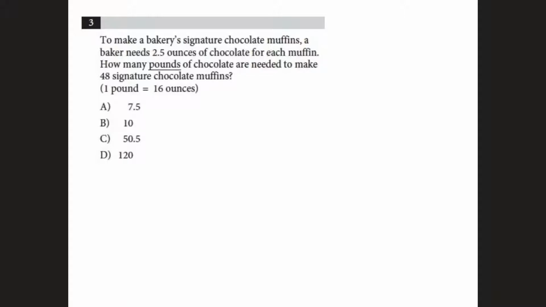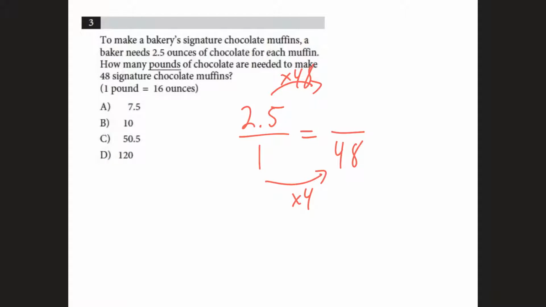So we know that we need 2.5 ounces for 1 muffin, and we want to make 48 muffins. Well, if we're going to make 48 muffins, then it's going to be 2.5 times 48. I'll pull up a calculator real quick for that. So 48 times 2.5 is going to be 120